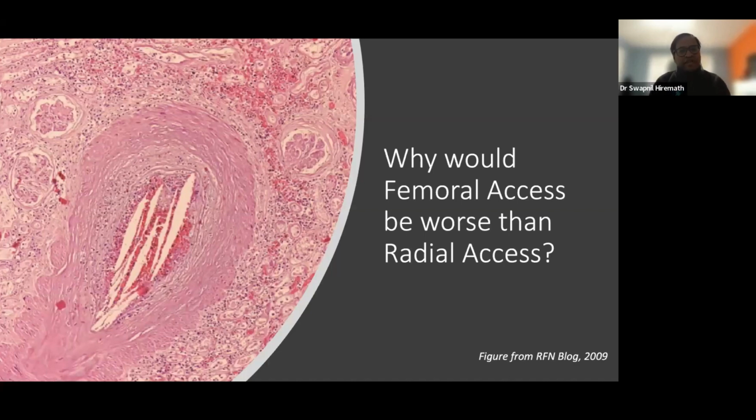So this is from the Renal Fellow Network blog, and this is showing a picture of an artery which has these transparent clefts. These are cholesterol clefts. So this is a picture of cholesterol embolism. That's very likely happening in patients when you are putting a wire in someone who has got atherosclerosis in their aorta, and you can easily dislodge some emboli from the aorta, which may go to the kidney. If you go from the radial artery, it's unlikely that they will reach the kidney. Whereas if you go from the femoral, you're passing the kidney by, and it's more likely to go to the kidney. And that is what probably explains why femoral access is worse than radial access.